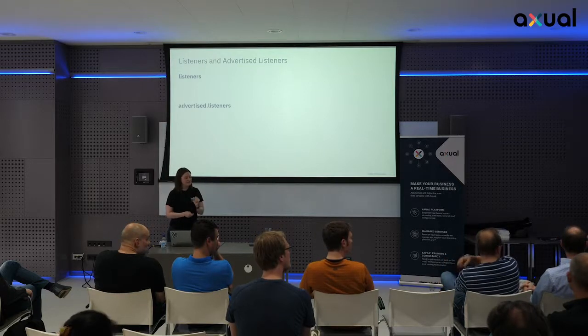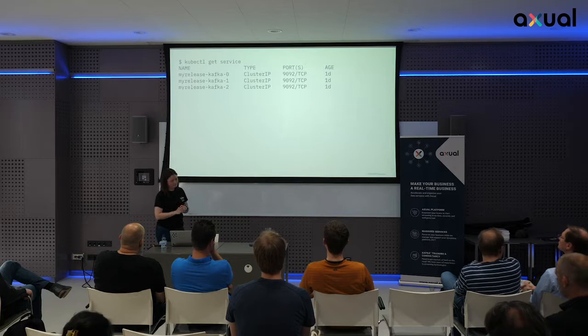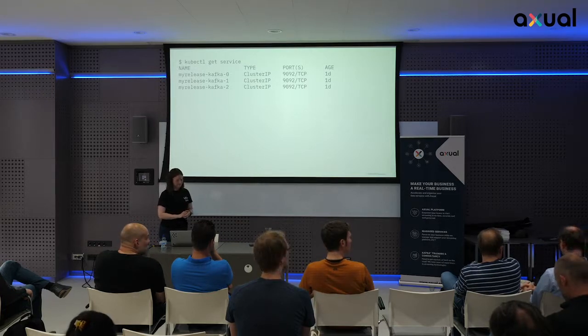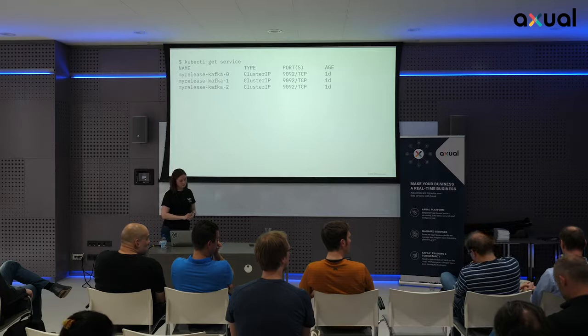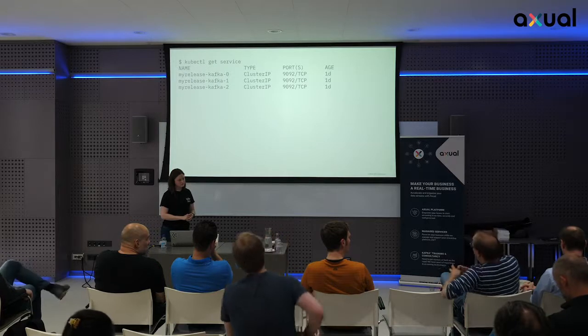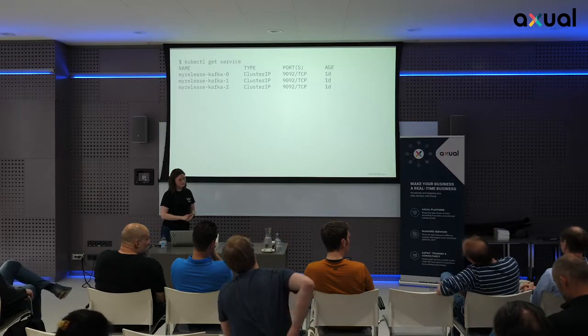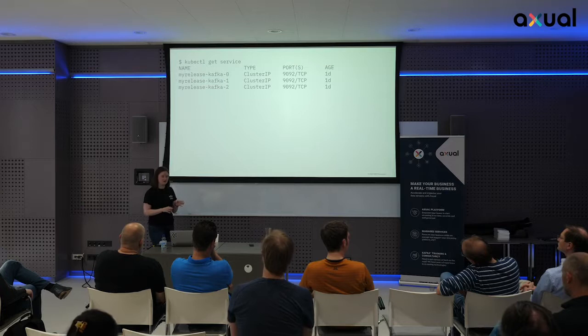About the previous slide, having different services, I have seen the Helm charts for Confluent Kafka, and I don't think they use multiple services for the Kafka nodes, and I'm wondering why you think it's better to have multiple services for each Kafka pod. So I haven't looked at the Confluent one, so I have no idea how they work.